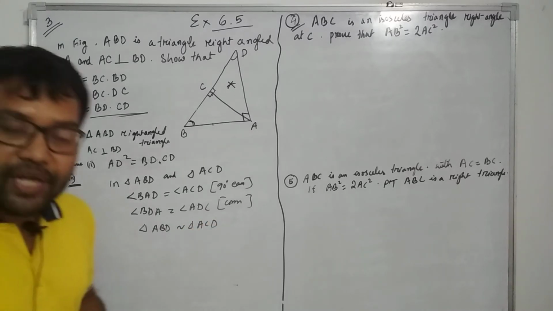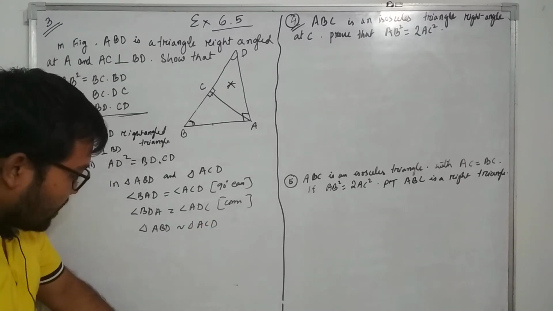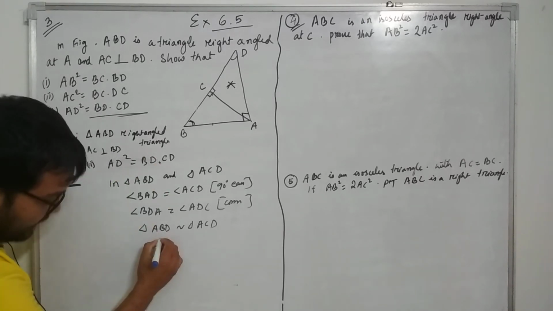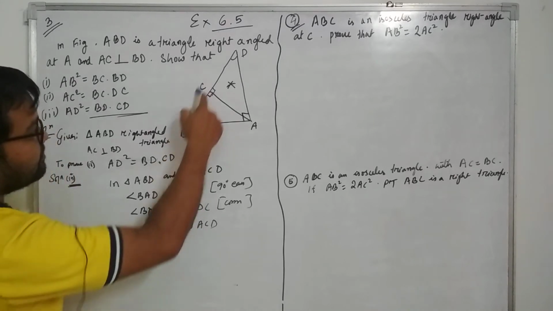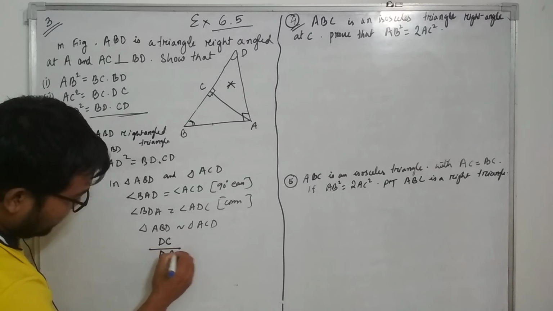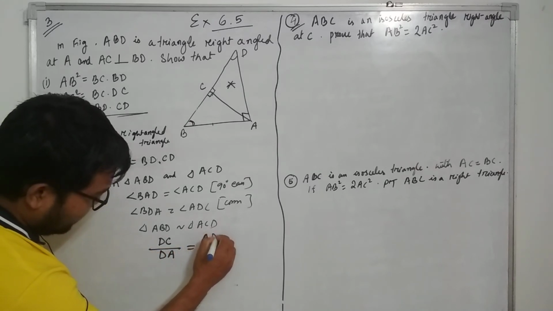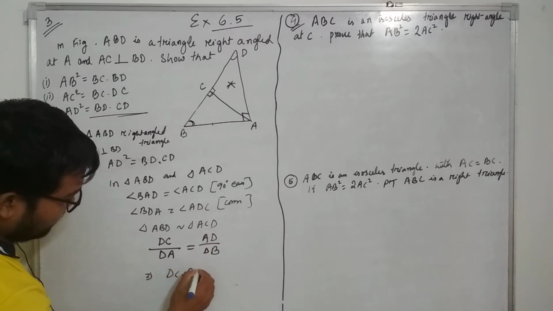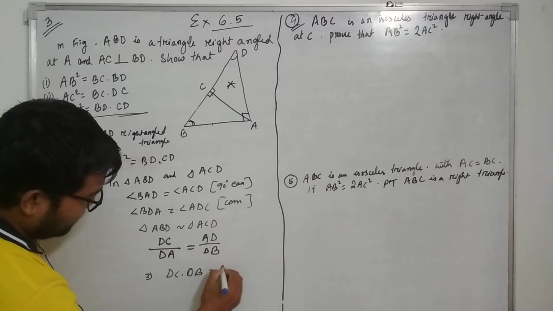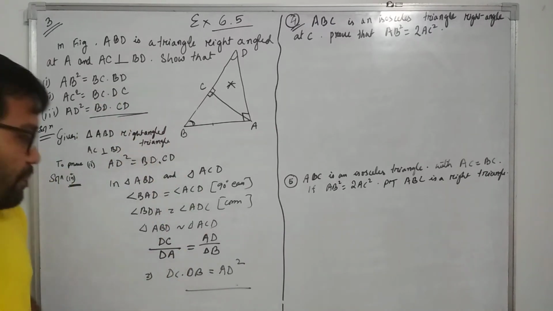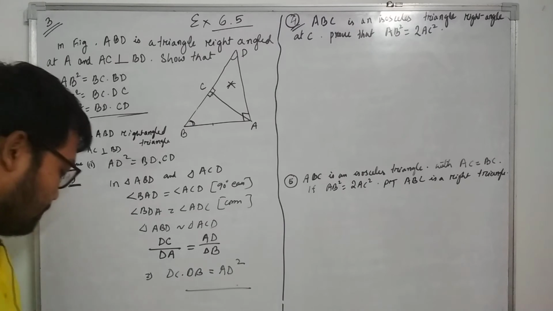Since both the triangles are similar, the sides should be in proportion, but make sure that the sides are aligned with AB and BD. It is BC by AB equal to AB by DB. So BC into DB equals AB square. This is the required proof. So please go through it properly. Any doubt, please let me know.